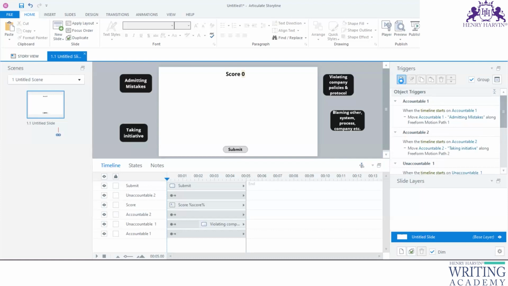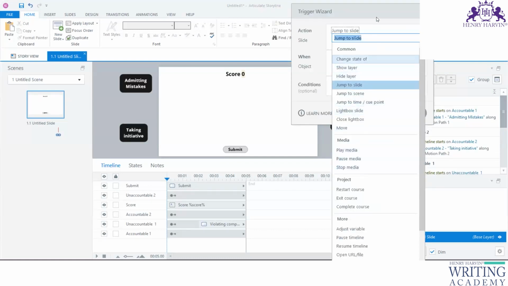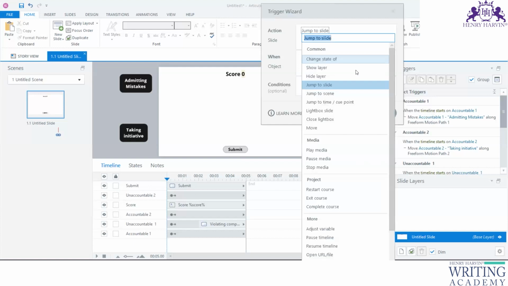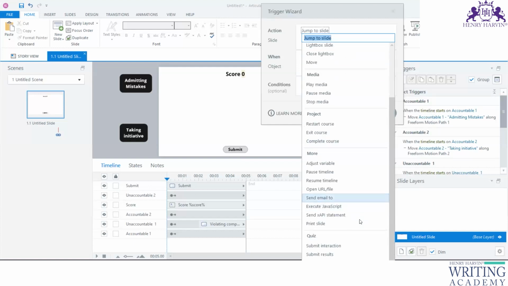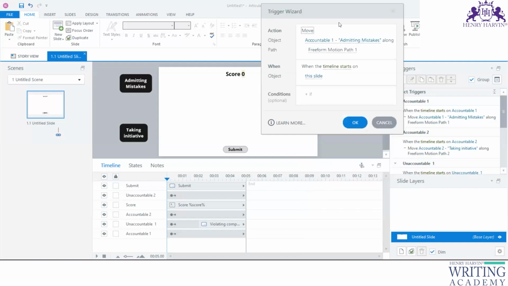Yeah. So what we will do, let's say plus button, and there we go. What do you think? What should we do so that it will keep on looping in that particular path itself? Move along motion path 1, that is for this admitting mistake. The first one, if it was path 1,